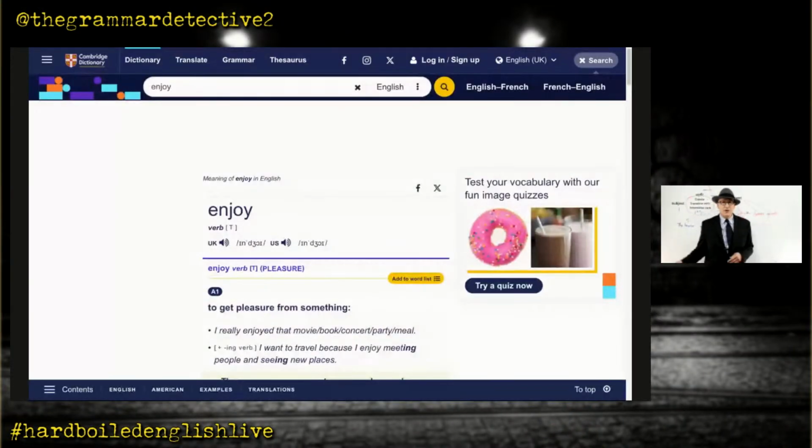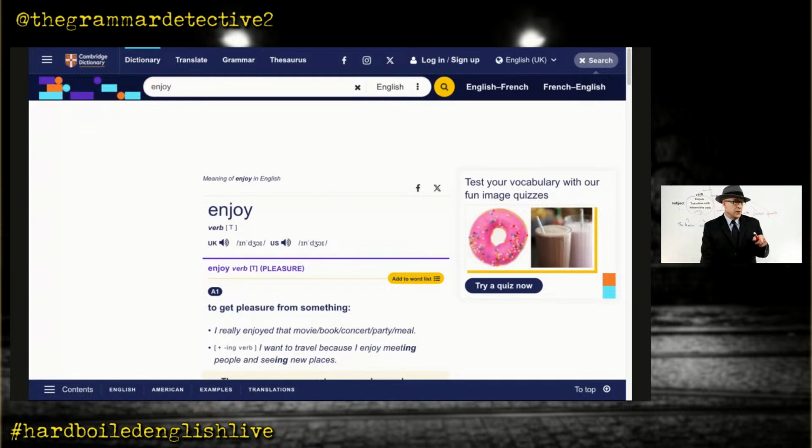So this is the verb enjoy, right? And you can see the dictionary says enjoy, verb, so that's the part of speech. And what do you see right after the word verb? You see parenthesis and the letter T. That T means this verb is transitive. So that's one way to learn if a verb is transitive or intransitive. And by the way, some verbs can be both. We can call those swinger verbs. They can be transitive or intransitive, right?